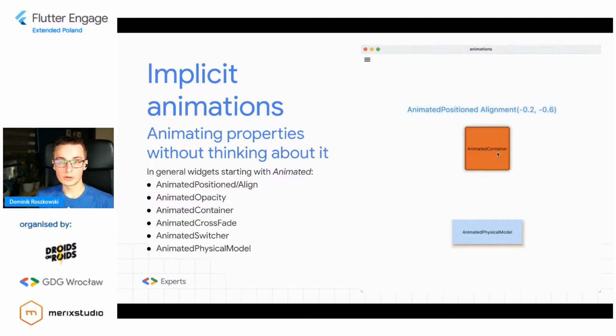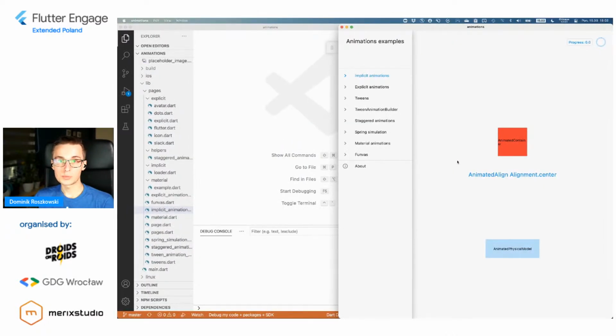And let me actually show you a short example. I also prepared a small desktop application in Flutter so that we can experiment a bit with all of these animations that we're going to talk about. So here's my app. We're at the stage of implicit animations, and let's check out this animated align widget. When I click the button, the only thing that is actually changing is some random alignment applied to this text button. So if I click, it changes to some random value.